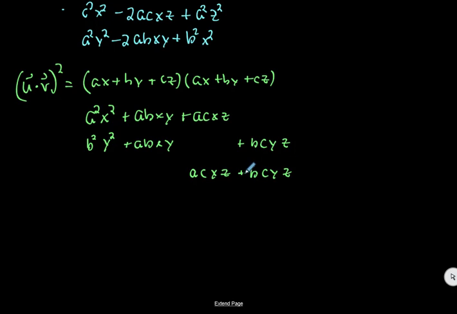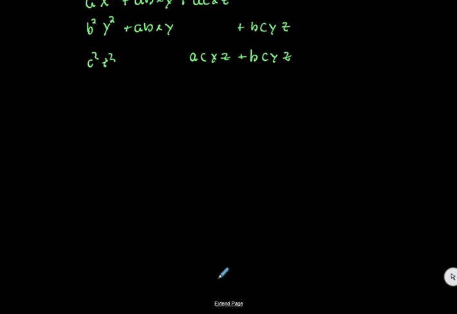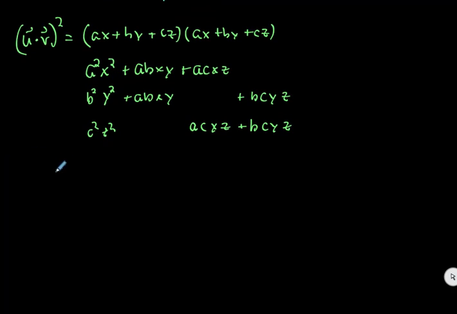bcyz, good. And then the last one is, I'll just write it over here because they're the same components, so c squared, z squared, right? And then what do I get? Looks like I'm going to get that u dot product v squared was going to be a squared x squared plus b squared y squared, and then c squared z squared,